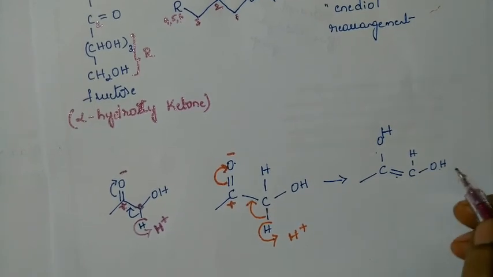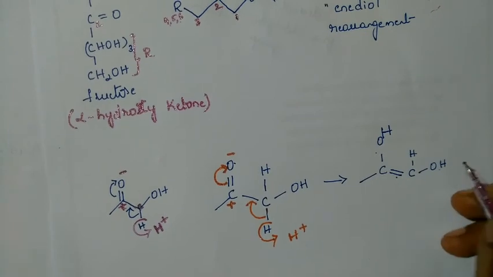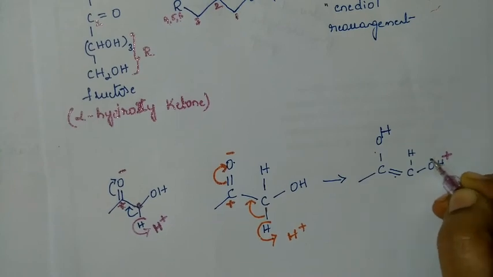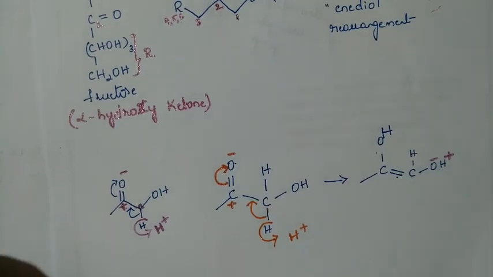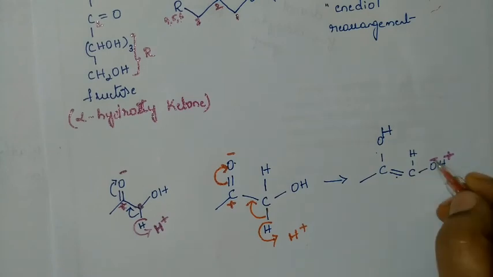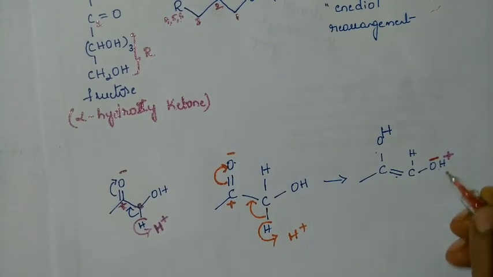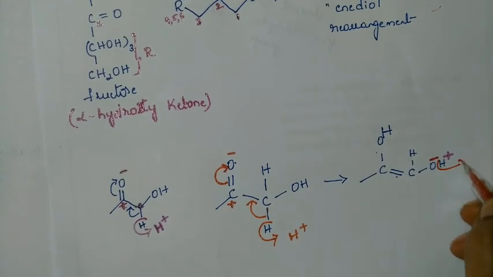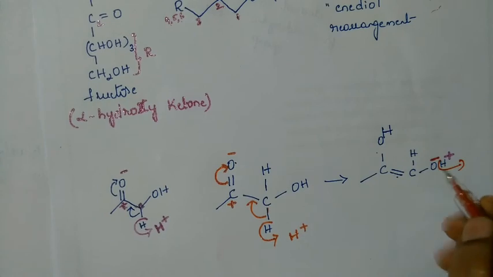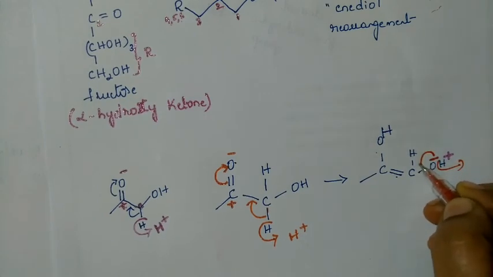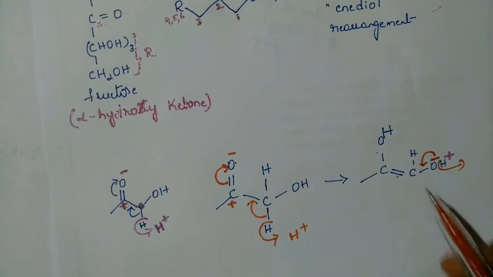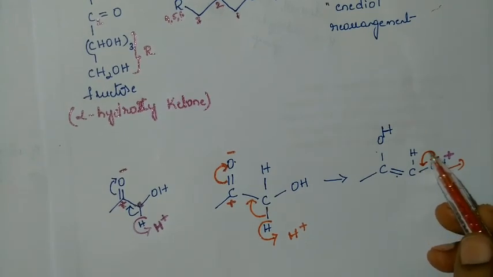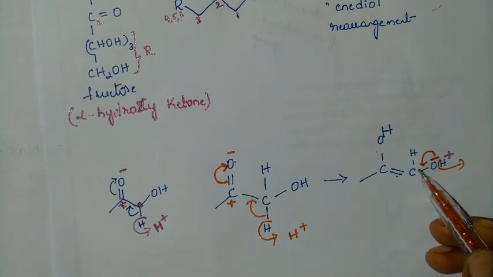Now this OH is there, so it dissociates as H plus and O minus. If it is O minus and H plus, this bond will be broken, and H plus is going to come out. O minus shifts its electrons towards this bond. Then it is a double bond now. I hope it is clear. O minus shifts this, it is a resonating structure.